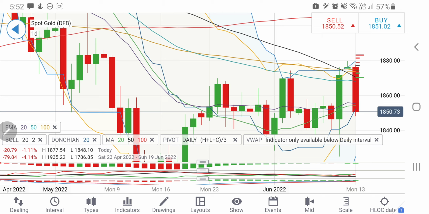So trade with caution, trade accordingly. It has achieved the pivot levels. Be watchful of this zone at 1850 and 1860. I am again warning you. Take your trades accordingly. Do not always put a trailing stop loss, or manually put the stop loss at cost once your trade is in profit. Trade accordingly. Now let's have a look at Nasdaq 100.